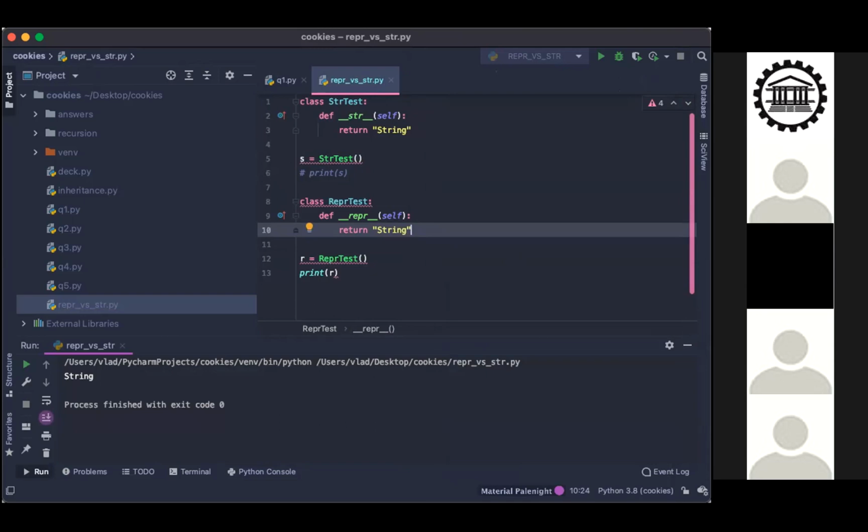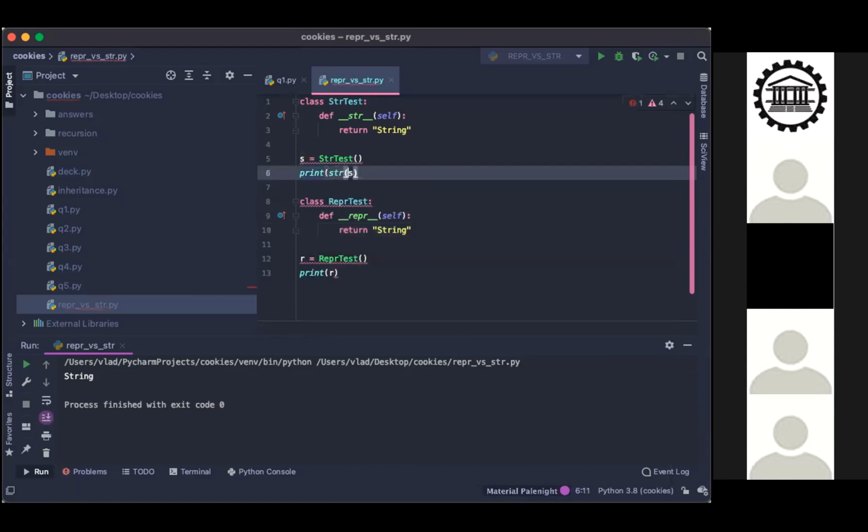So in our class, now that I think of it, here is another difference.